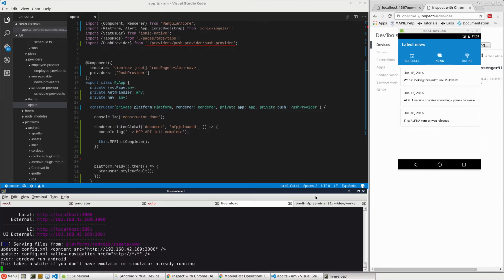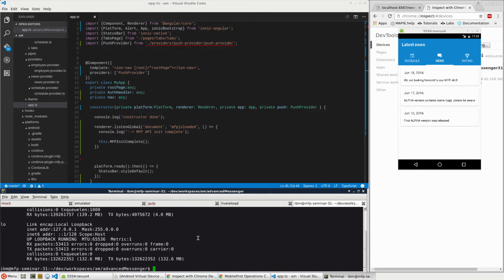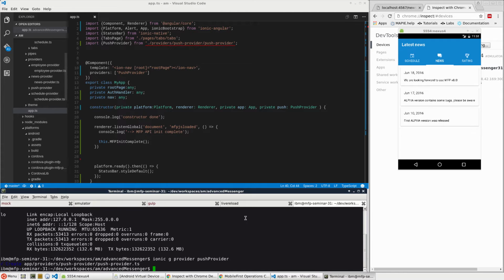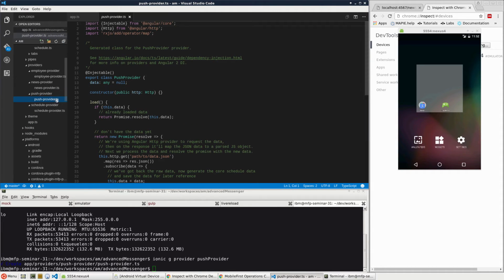That can be done if we go to our terminal and navigate to our client-side application, which we already have opened in the last terminal tab, and type Ionic G, which means Ionic generate, then provider, which means type, and then the name. In our case, it's push provider, just like that. So now you may notice that we have a new folder called push provider, and we have this push provider TS